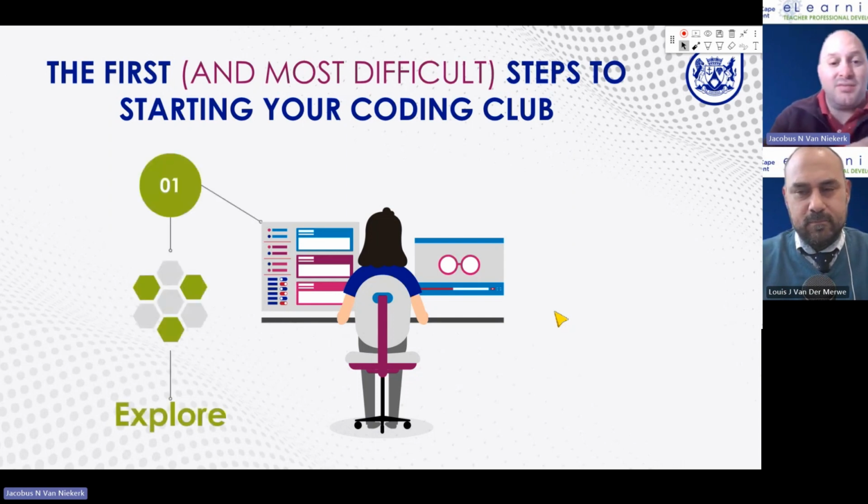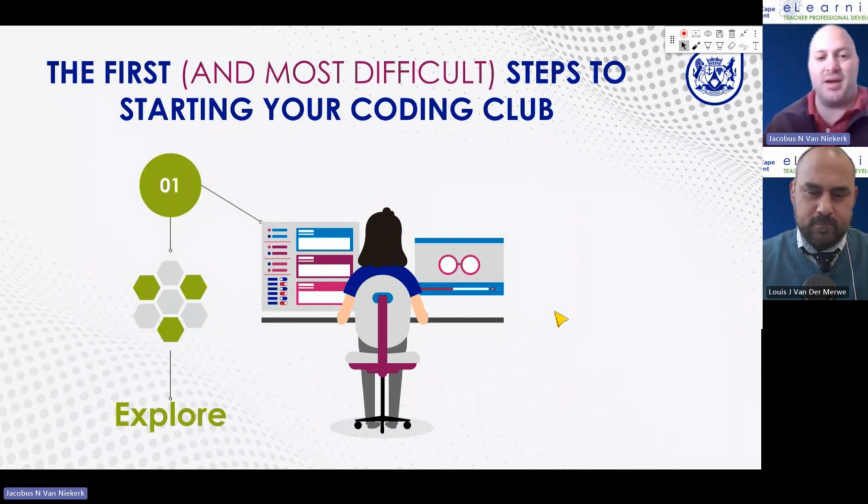But the first, and really important, step is explore. I don't know which one of these two is the most challenging. The more you can explore, the more you can scratch around, the more you can find different things that you could do, the better off you are. The list that we will share with you, I still need to clean it up a little bit.